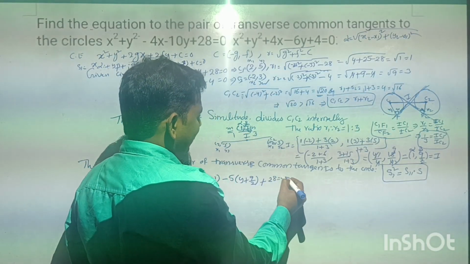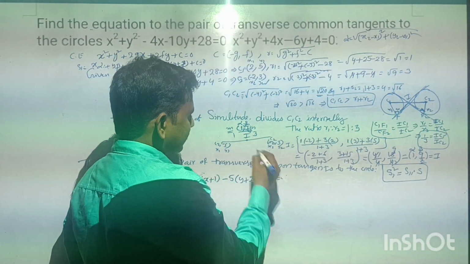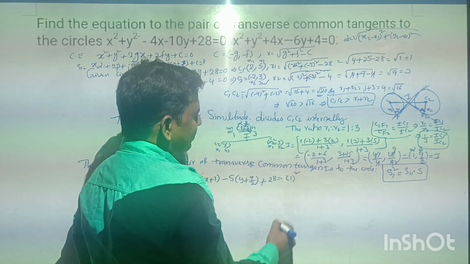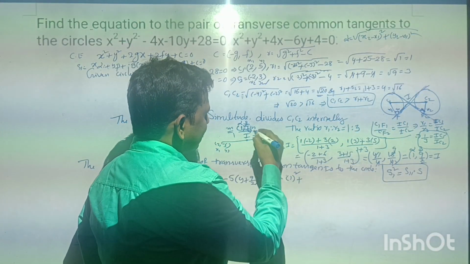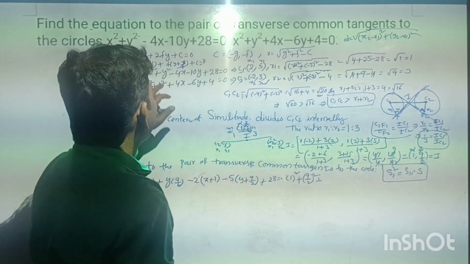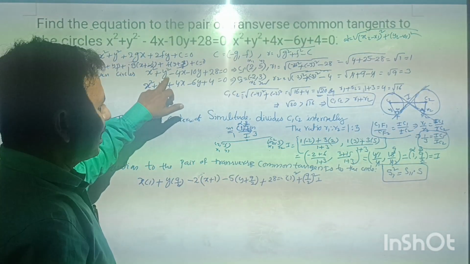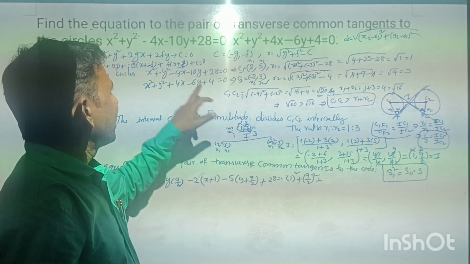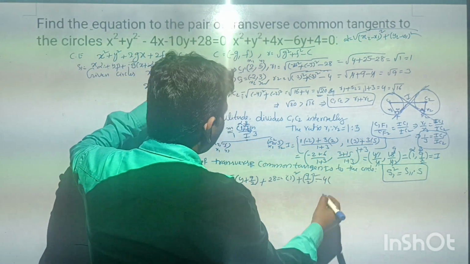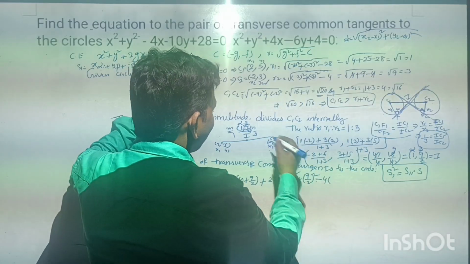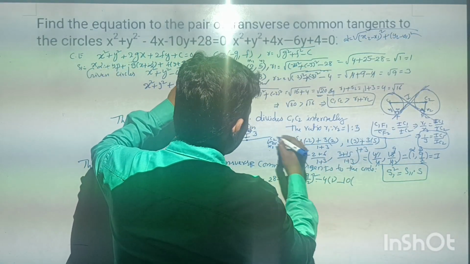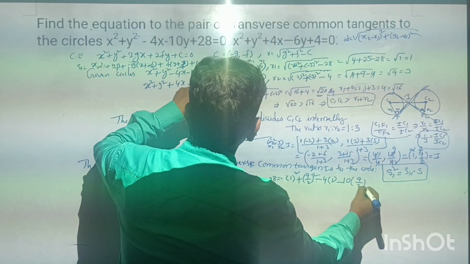So 2 times, therefore repeated. So alpha 1, alpha 2. That means S1 means 1 square plus 9 by 2 whole square. That means 9 by 2 into 9 by 2 minus 4 into alpha minus 10 into beta plus